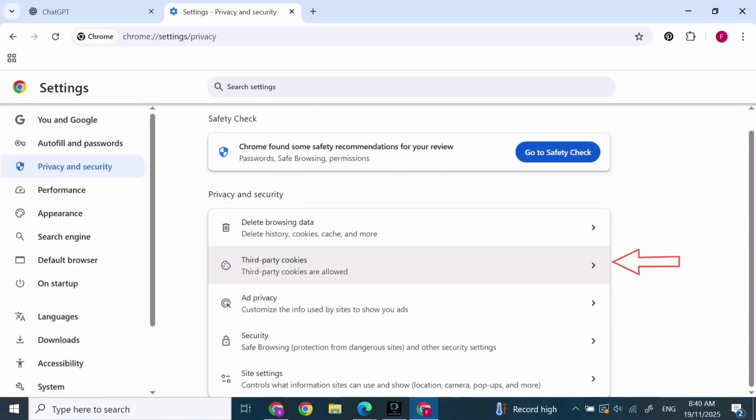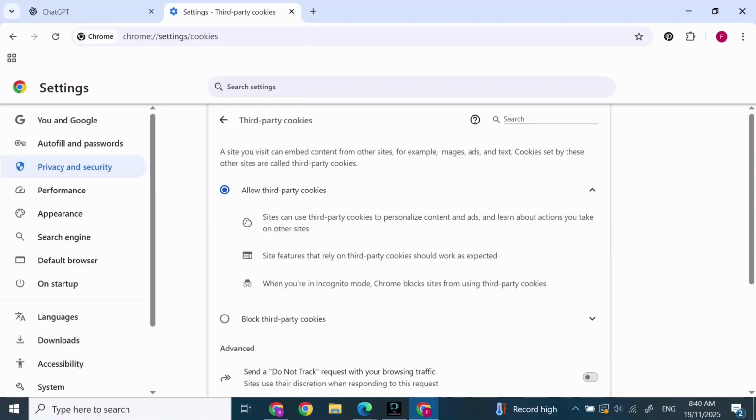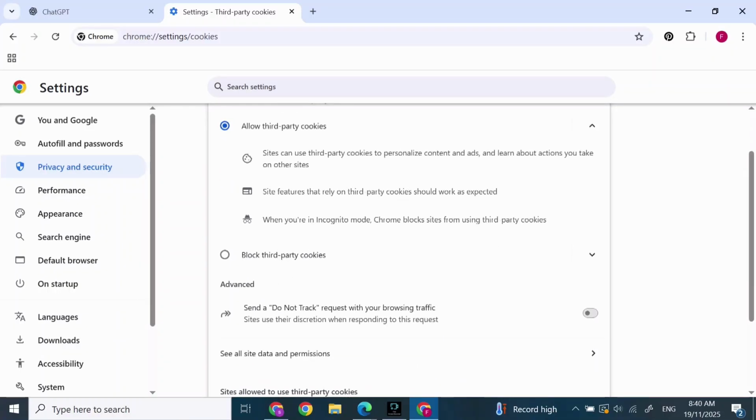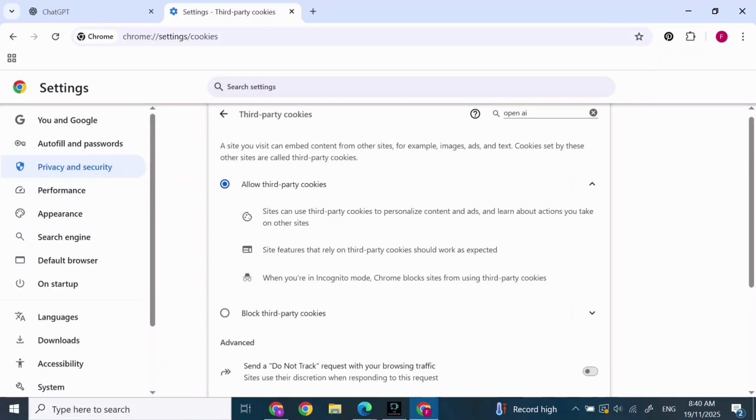Scroll down and click on Third-party cookies. And in the search bar at the top right of the cookies, search OpenAI, and if there is any cookies of OpenAI, delete it. After you've done that, if it still does not work, you can open a new tab